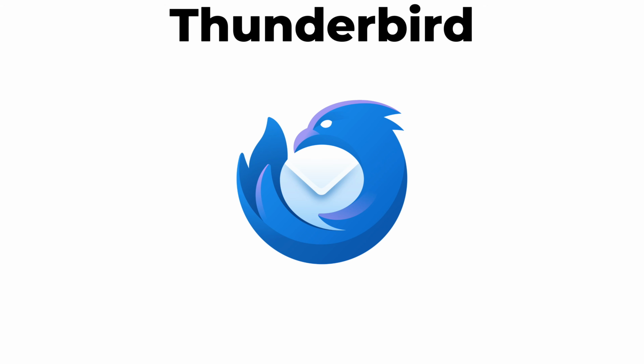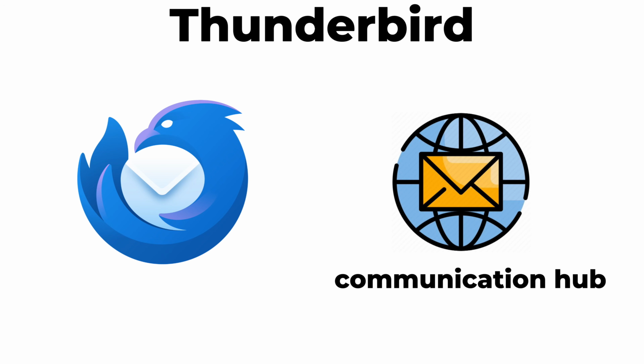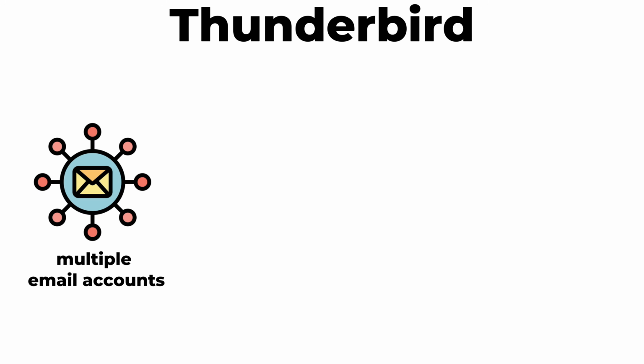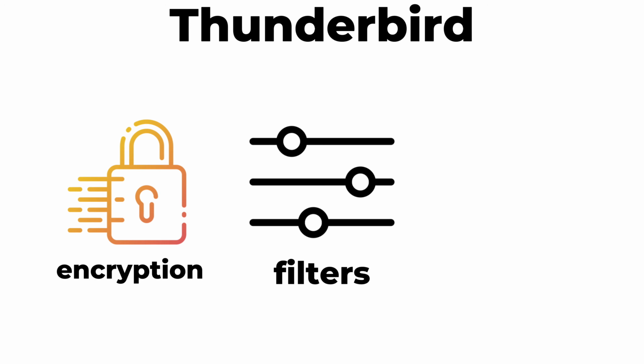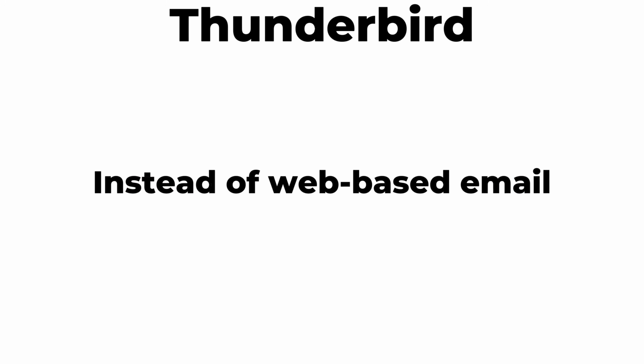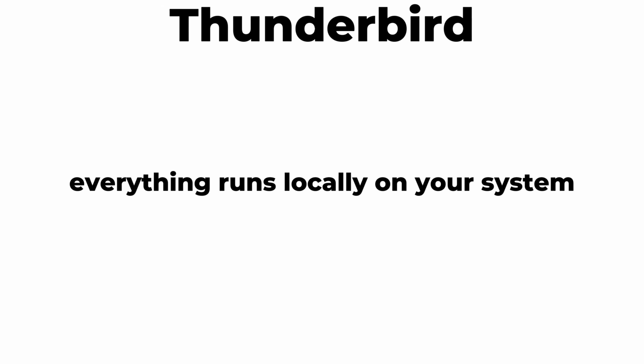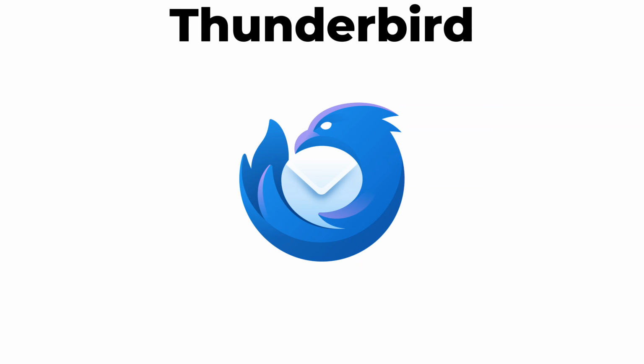Thunderbird. Thunderbird is more than an email client, it's a communication hub. It manages multiple email accounts, calendars, contacts, and tasks in one place. It supports encryption, filters, and extensions. Instead of web-based email, everything runs locally on your system. Control and privacy are the main advantages,